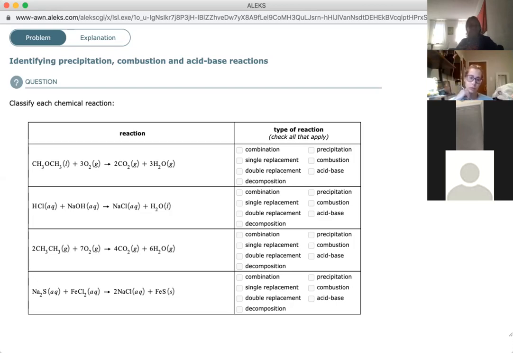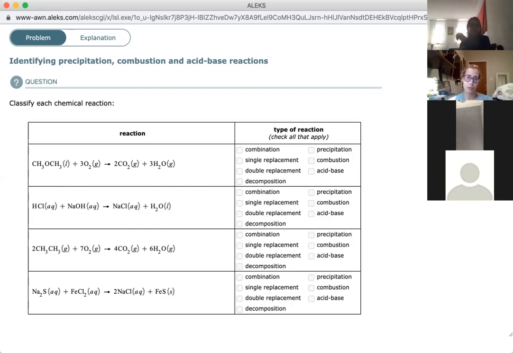Last one, Na2S. Okay, well, it's not an acid and it's not a base, so it can't be acid-base. So what is it? Well, let's look at it again. Let's look at the states of matter. See how it's aqueous plus aqueous gives you aqueous plus solid? Jog your memory a little bit back from Monday, right? Aqueous plus aqueous to give you a solid plus aqueous, that's a precipitation reaction, right? So you're taking things that dissolve in water, you're getting something that precipitates out a solid, which is FeS, so